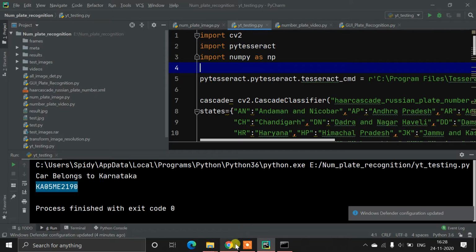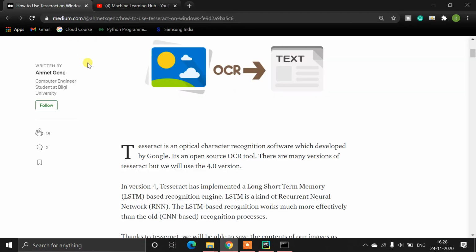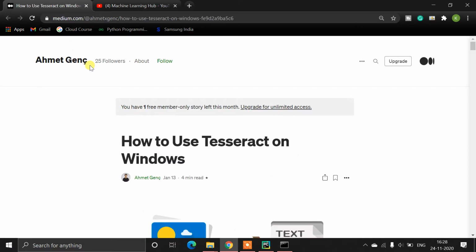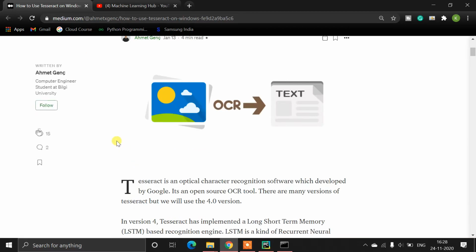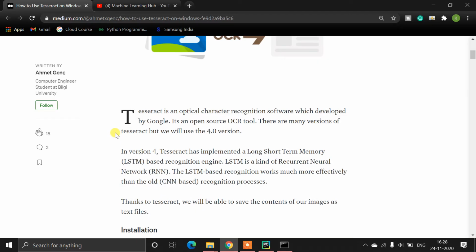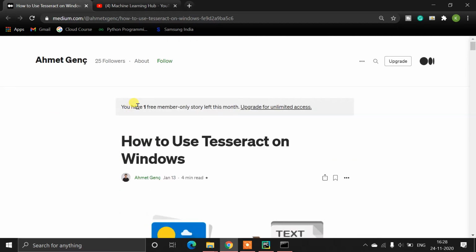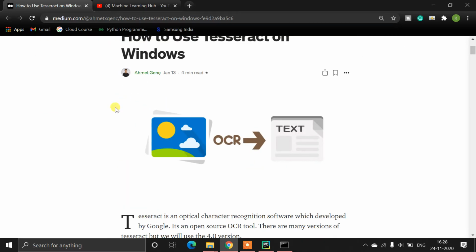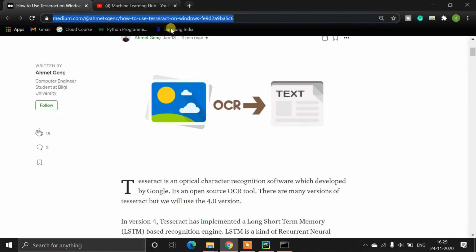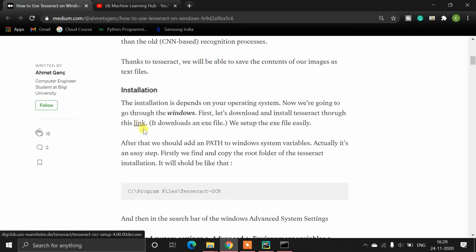So now we need to download one other software, called the Tesseract engine, for Windows. I don't know about Mac and other operating systems, but I think it is available for Linux and Windows also. I'm not sure about Mac. If you are using Mac, then just go to Google and search for pytesseract exe for Mac. You will get it. So read this article. I'm not going deep. Here is a link. You can download the Tesseract engine from here. You just need to install that exe on your Windows system.